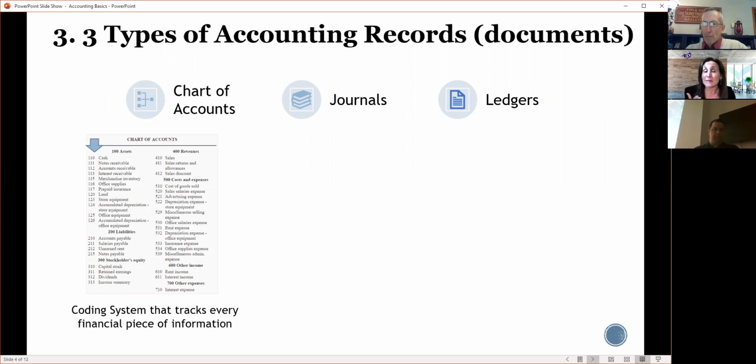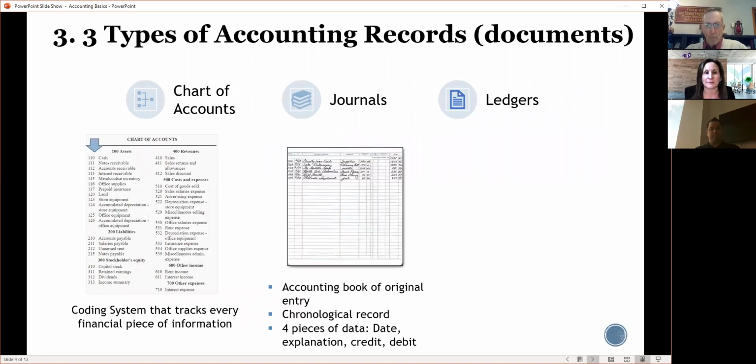And if we go back to the CMMS example, every time a work order comes in, we also give it some kind of a coding system. We say, oh, that's a plumbing issue, or that's an electrical issue, or that's an HVAC issue. And we do that in order to help us sort the information. I'm going to come back to the chart of accounts in another minute, but I want to just get the basics out here.